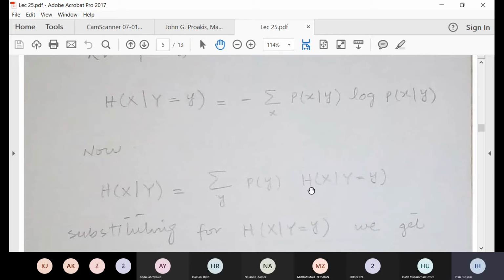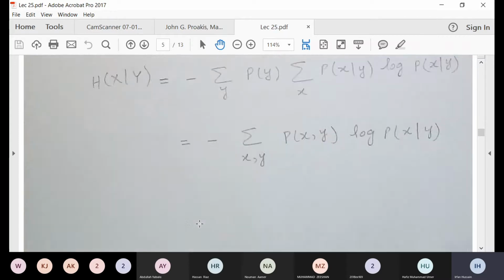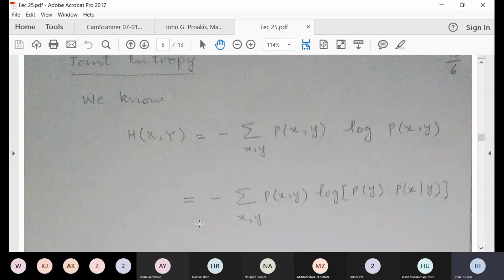If you put the value from here into this equation, you can see p(y) goes into this thing, and you can take it outside and combine this as p(x,y). This comes out to be p(x|y) into p(y), which comes from the Bayes rule, p(x,y). So p(x,y) log of p(x|y), as we saw in the book. That formula is given here in the notes. Again, this formula was not shown in the